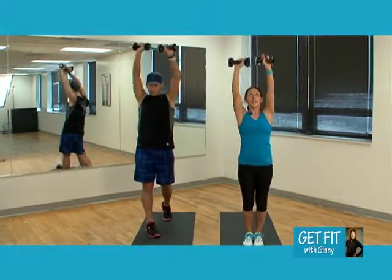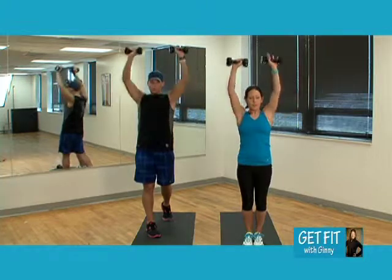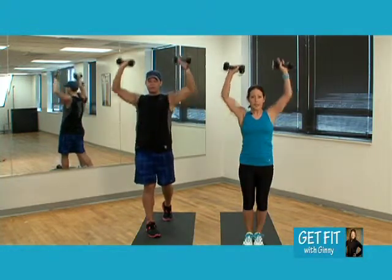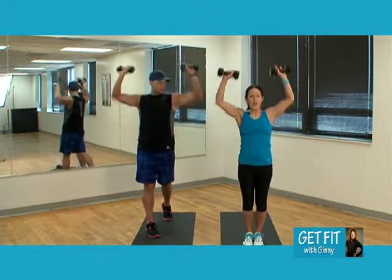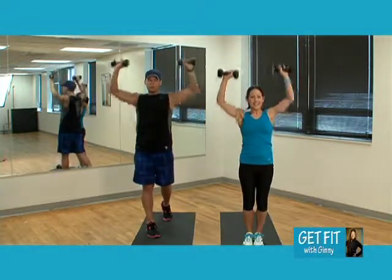So you don't want to do this. You don't want to bounce them off each other. Don't let them touch. Keep your elbows up, chest up, good posture. 4, 3, 2,